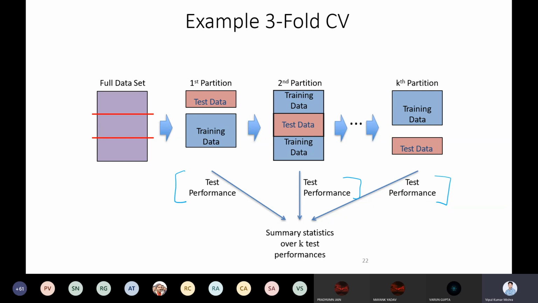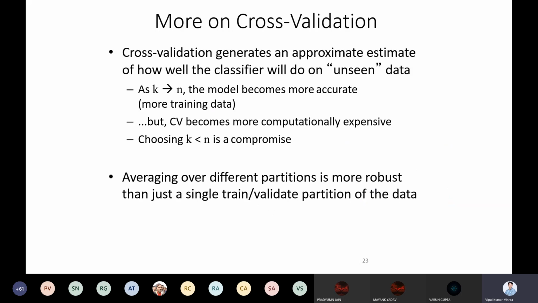So ultimately, k-fold cross validation divides the entire data into k parts, and you choose one part at a time as test data, then the second part, then the third part, and so on. In that way you handle the problem of having fewer data points. Suppose you do not have enough data points, then cross validation is a really good way to handle that situation, so that your model is tested on the entire data you have, but at a particular moment only part of the data is the test data. That is known as cross validation.